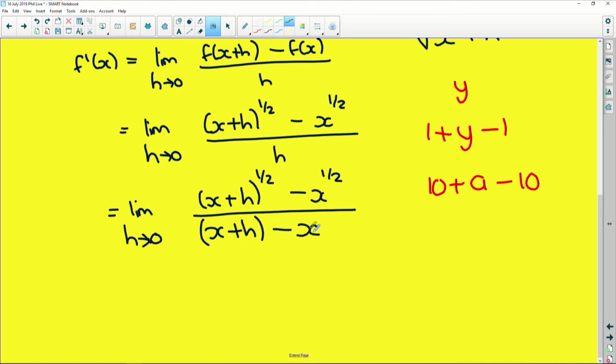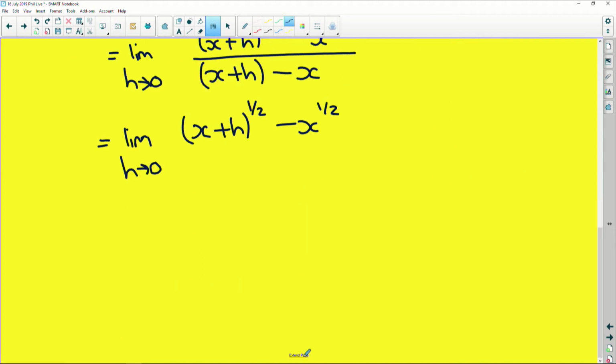It's just written as sort of an expanded form. But now we can relate this denominator to the numerator, okay? So, another trick, this is actually a very set proof of the first derivative of this function. The numerator is still not going to change, x plus h to the half minus x to the half. Another thing that we need to take note of,